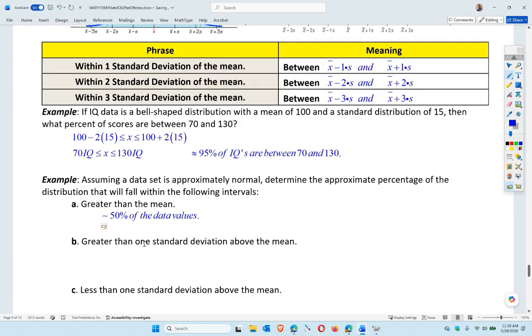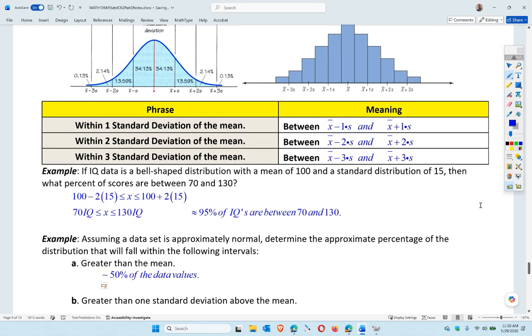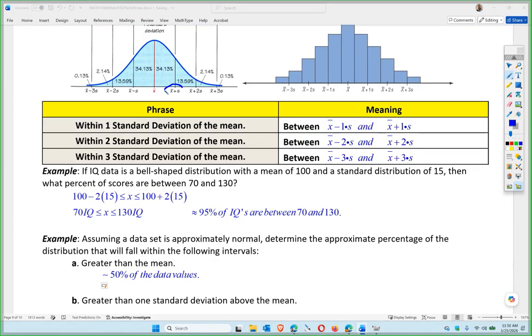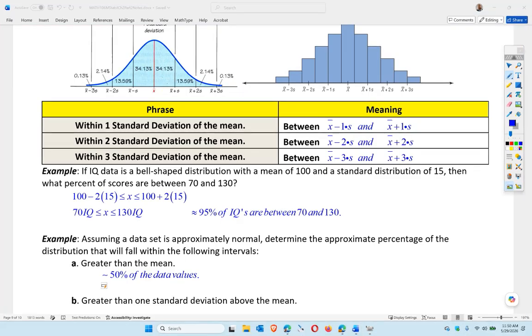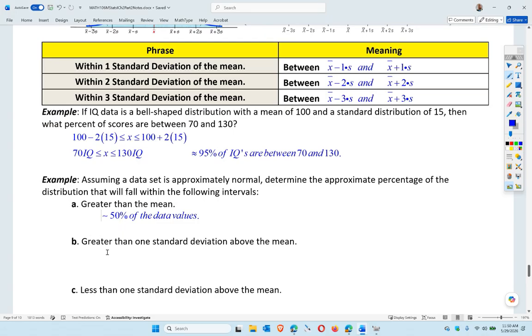Greater than 1 standard deviation above the mean. Okay, so if I do greater than 1 standard deviation above the mean, well, this is 1 standard deviation above the mean here, right? So it's everything this way. The problem is this goes to infinity this way, so you're better off just doing it the other way, which is subtracting it from 1. So we'll do it from here, or from 50 rather. So